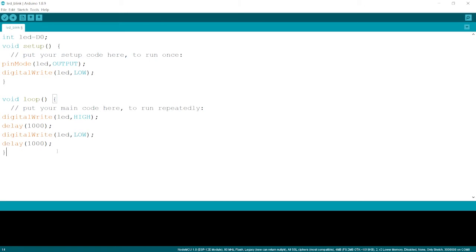Now you will want to know why we require this last delay over here. After this delay, after this brace, the program will directly jump to this point and then again start executing this part.